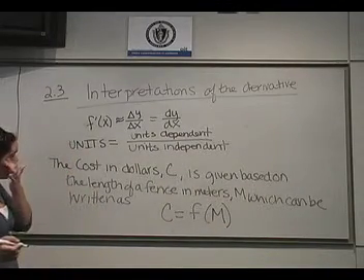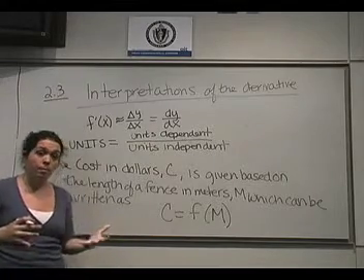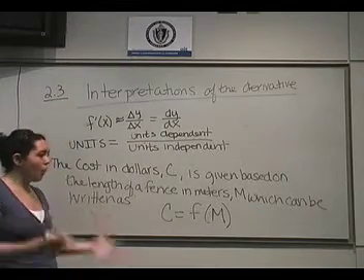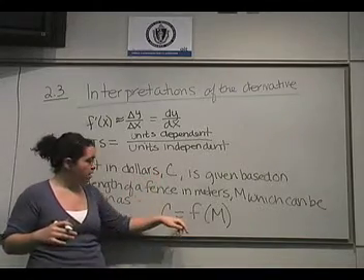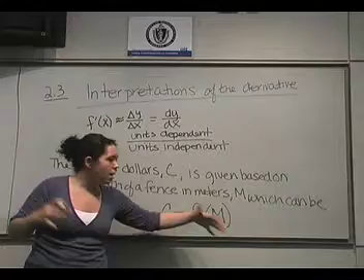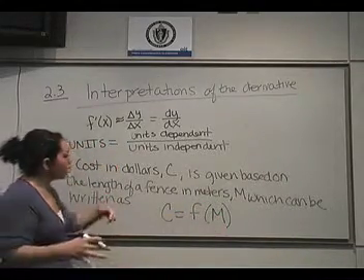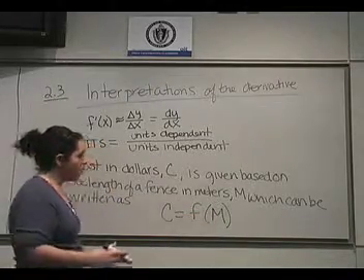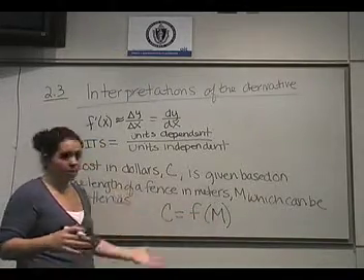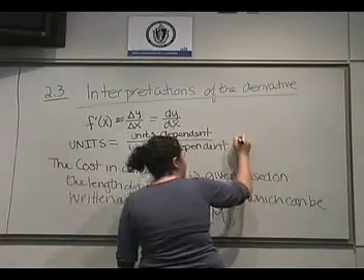Okay? There's usually a sentence at the beginning of every situation where it's going to give you the setup of the problem, tell you the variables involved and what they're based on. So what this says is the cost of some project is a function of the number of meters of fence you're putting in. Say you're building a fence on your farm, you want to know the total cost, it's going to depend on how many meters of fence you have. Well, if we want to talk about the derivative of this function, f prime of m,